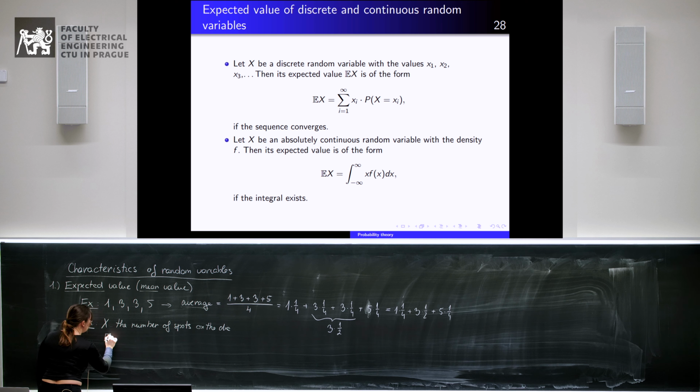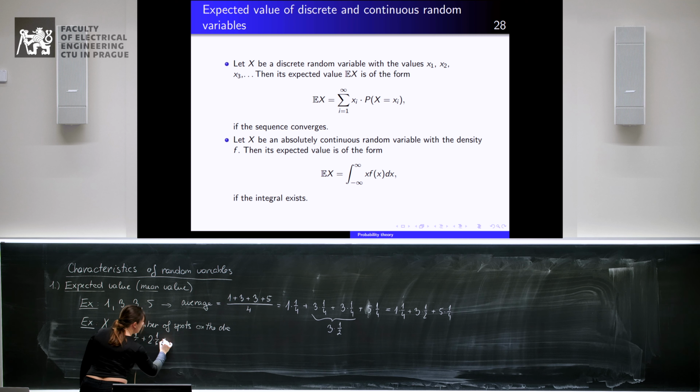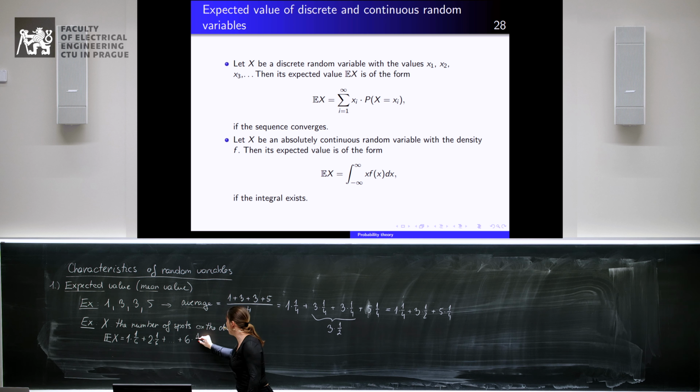So the expected value of X is 1 times the probability that there is one spot on the die. The probability is 1/6, plus 2 times the probability that there are 2 spots on the die, plus and so on till the end, 6 spots on the die times the probability that it will occur, it is 1/6. And when you calculate this value, you will obtain